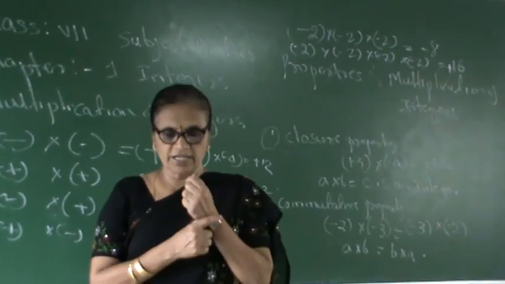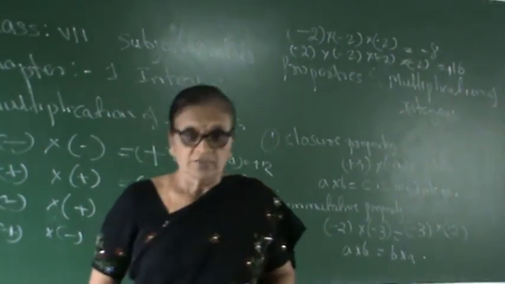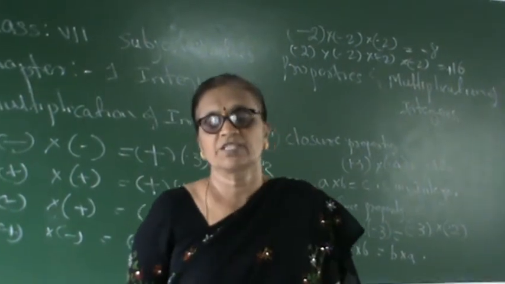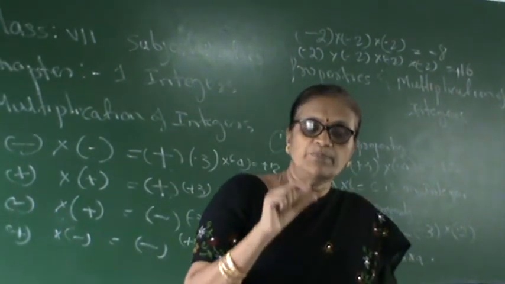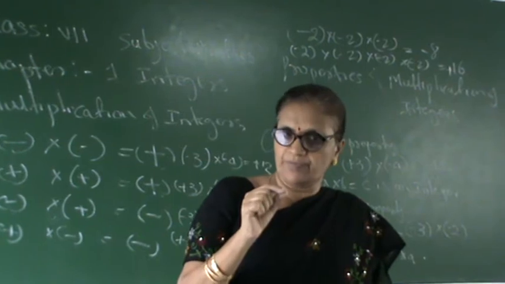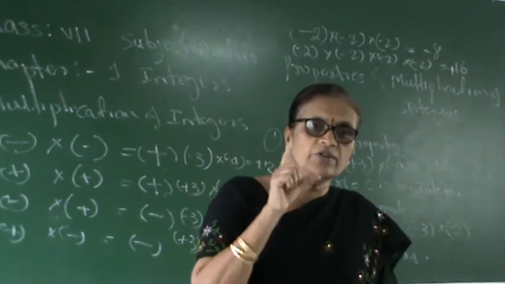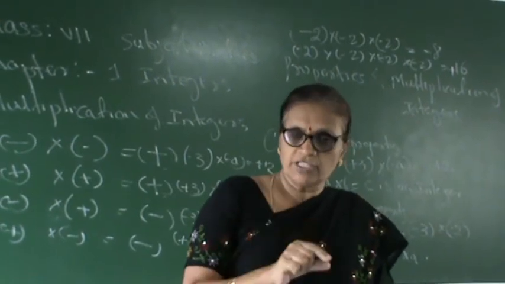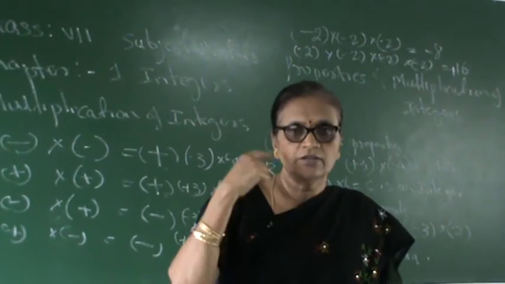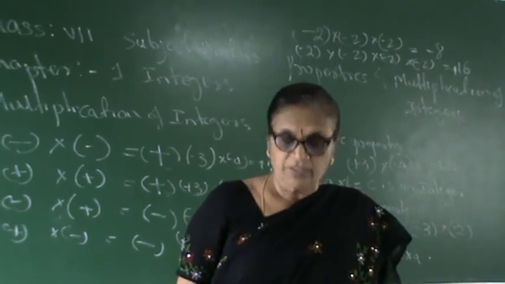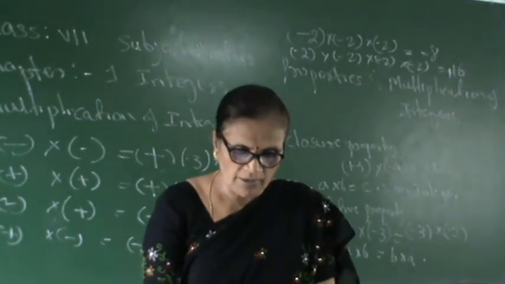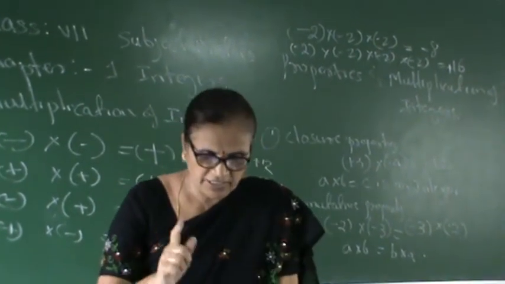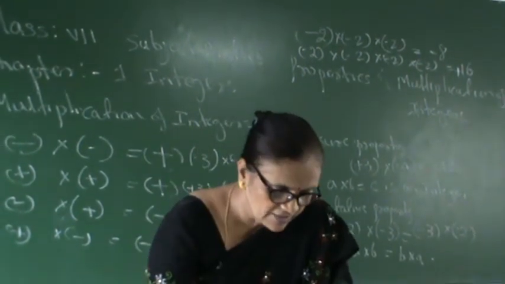If you understand the properties, you can do the exercise. I told you to write the notes on the properties of addition and subtraction before going to the exercise. I think all of you have written. Now also I am going through the properties. First write down the properties, then go for exercise 1.3. Today the exercise we are doing is homework. Exercise 1.3, so at the end also once again I will explain.